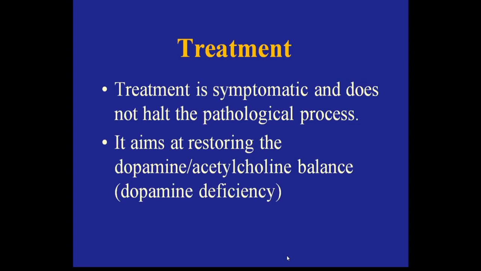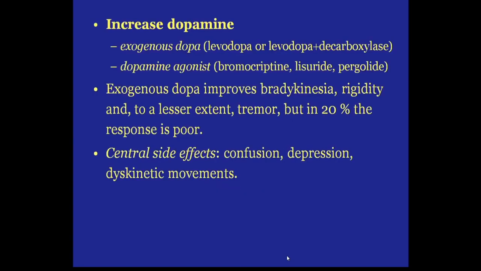Treatment is symptomatic. It does not halt the pathological process, but really can help. It aims at restoring the dopamine and acetylcholine balance. We know we have dopamine deficiency. And so the first method, we try to increase dopamine and give it exogenous dopa. We give levodopa